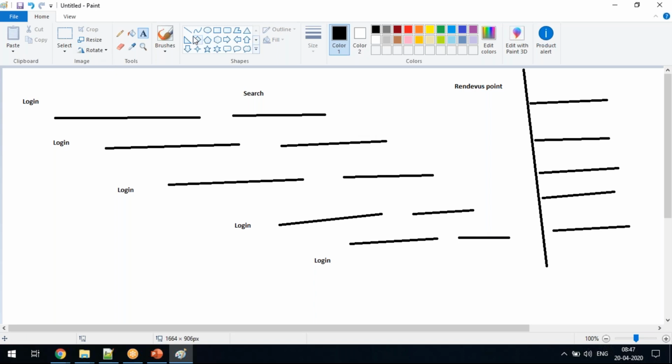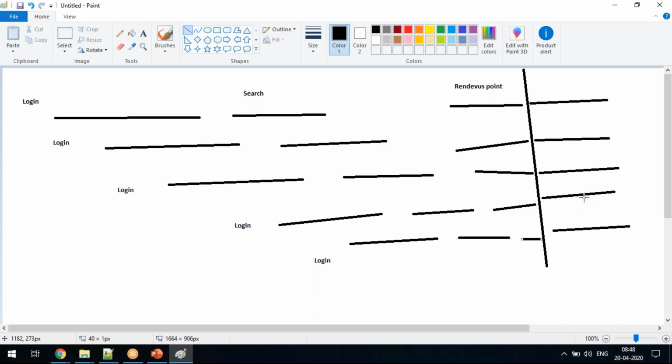All the users will come and meet at the common point, and then all will hit the order transaction simultaneously. That is called a rendezvous point.